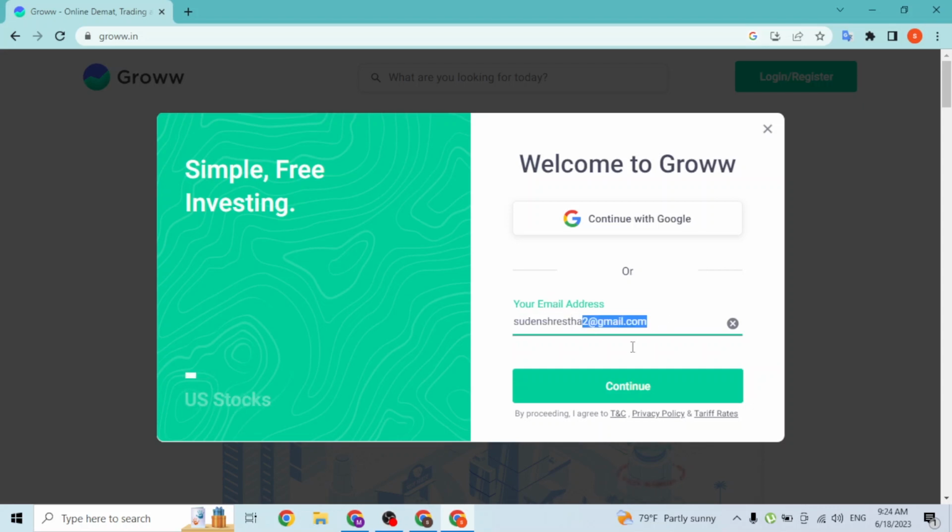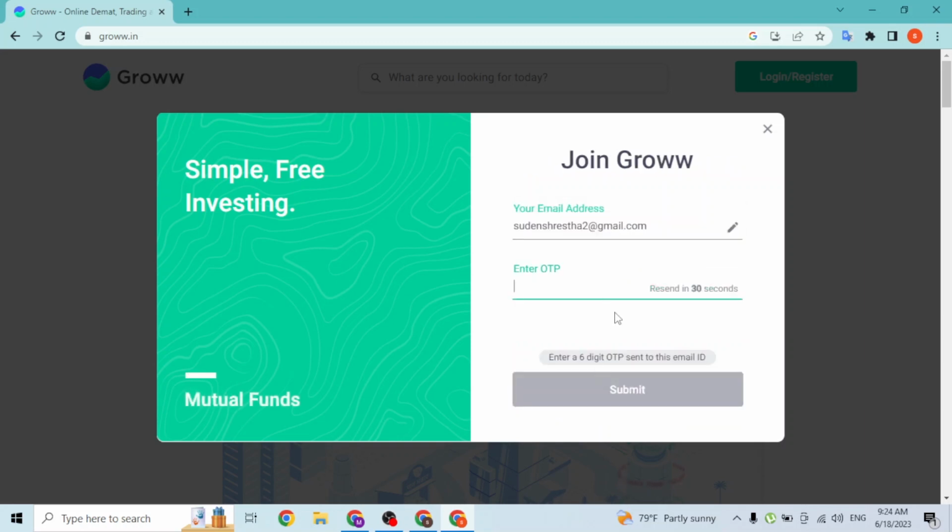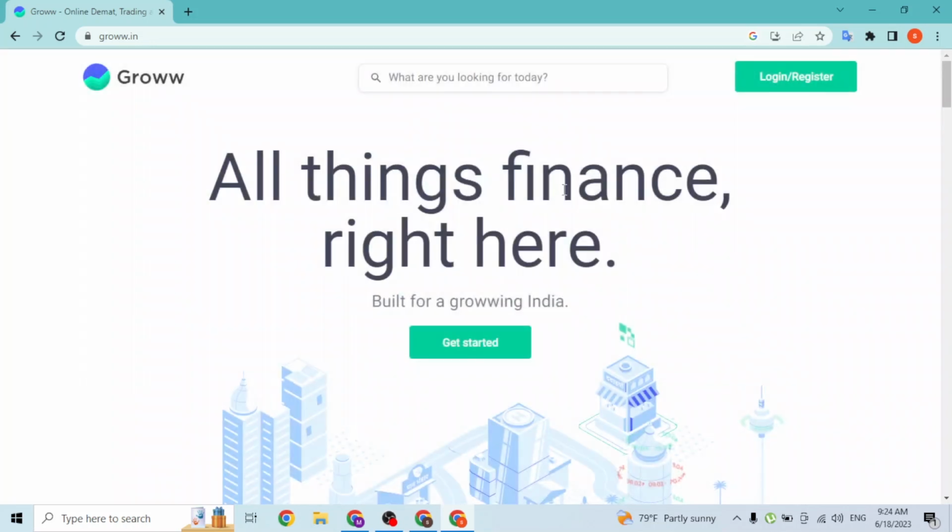which you had created the account, and after entering your email address, click on continue. And in the next step, an OTP or the one-time password will be sent to you. Enter your OTP over here and click on submit, and then guys, you will be signed into your Groww account online on your computer. And with that being said guys, this is how you log into your Groww account on